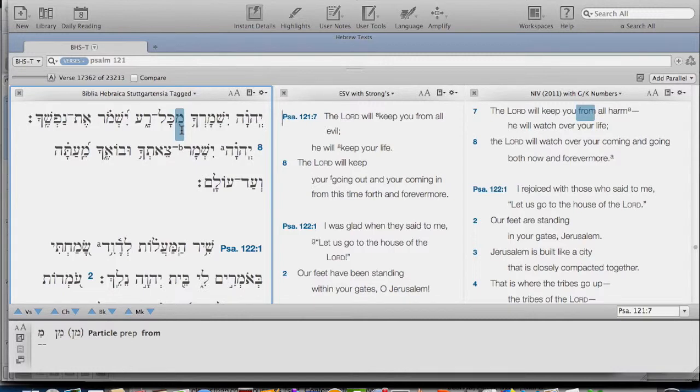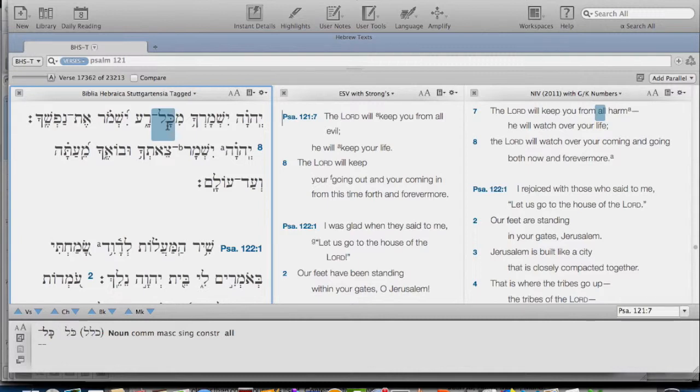So this is a source, or more specifically, this would be what Arnold Choi are calling a subcategory of source, ablative. Okay, what's the relationship between kol and ra? So let's go to our genitive section, and all the nouns are towards the front of Arnold Choi. So we want to look at 2.2. And what's the force of the word kol? If you look down through the categories, you will come to 2.2.11,